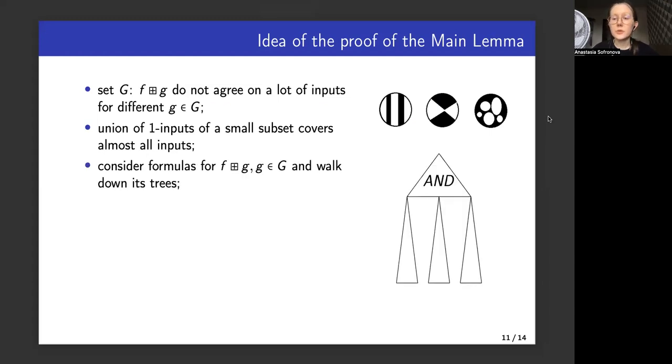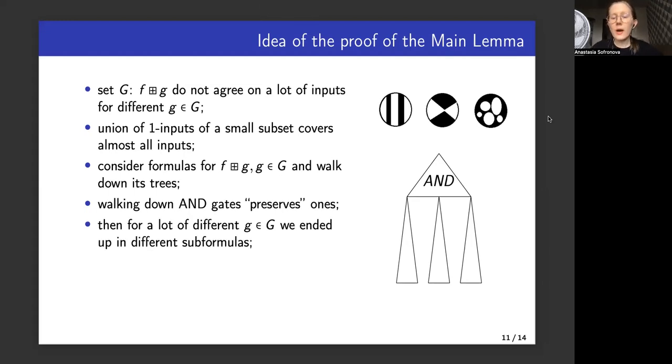Now let us consider formulas for these XOR compositions, and we will walk down the trees as long as we are in this top subtree of AND gates. Now, walking down AND gates preserves ones, meaning that if we have some AND gate that outputs 1 on some input, then all its children must output 1 on this input as well.